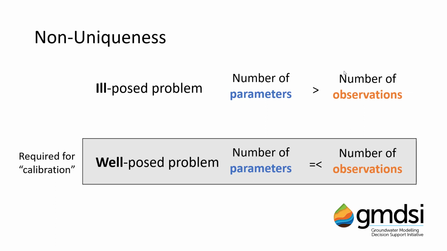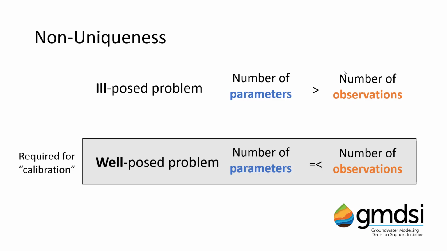So there is one single best set of parameters which best explains the data. Obtaining a unique solution which best explains field data is referred to as calibration. It's worth noting that calibration and history matching mean different things. Calibration implies the search for a single unique set of parameters which best explains the data, whilst history matching is broader in the sense that it refers to any set of parameters which achieves an acceptable fit with data.